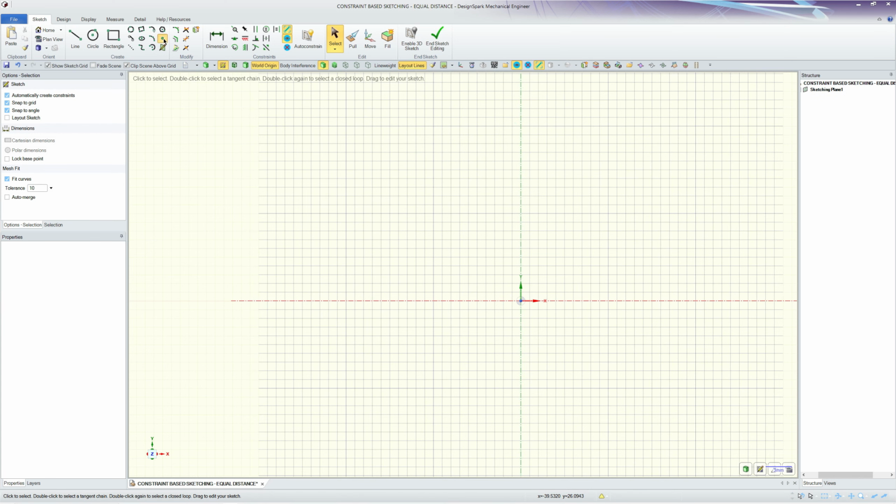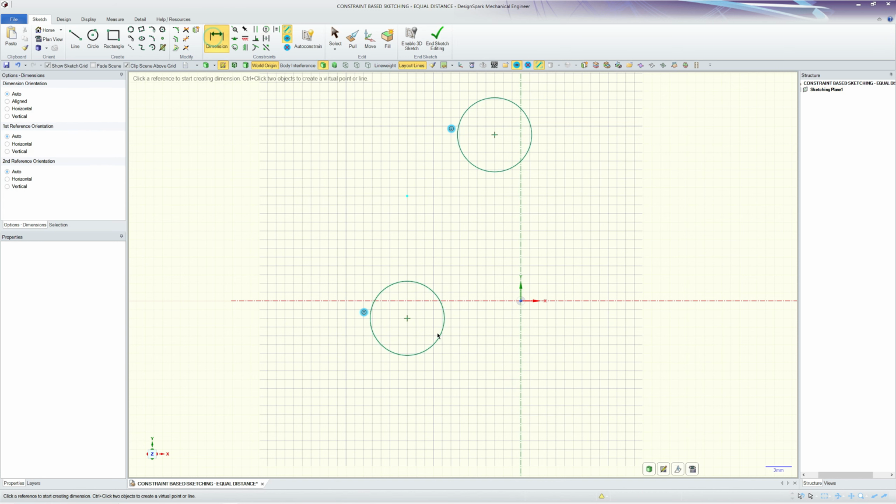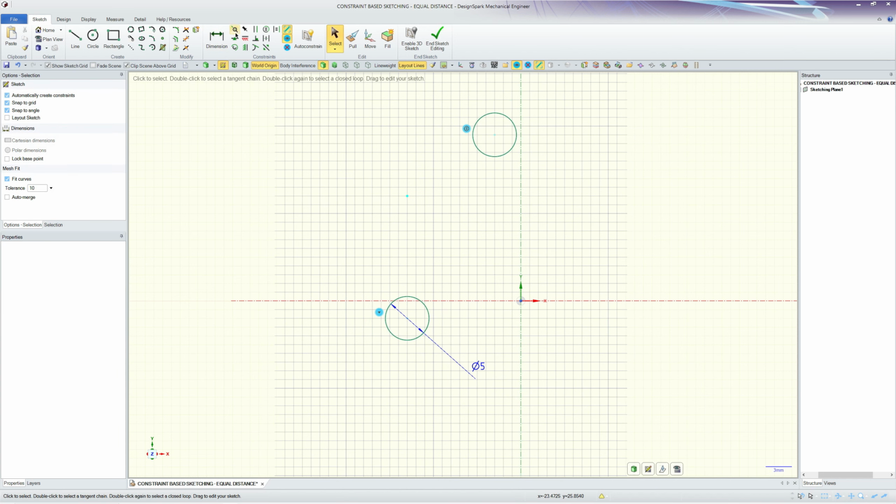Let me add a point and a couple of circles. Let me make those circles the same size. So this is the same size as this. I'll add a dimension. Change that to 5. Now I will fix this point here. Now this